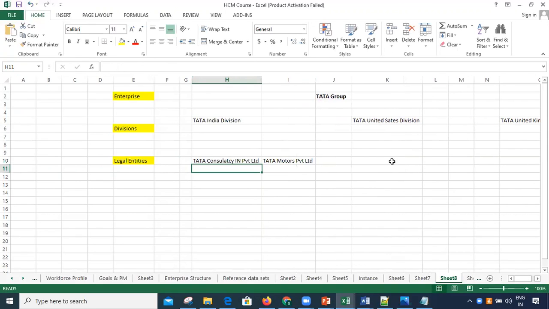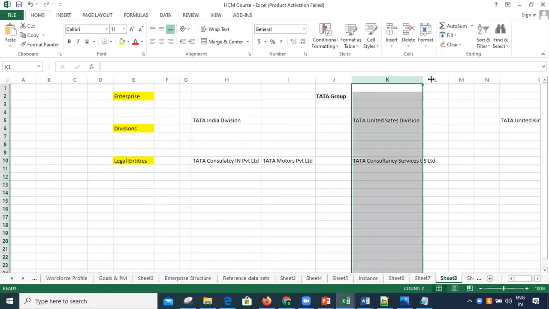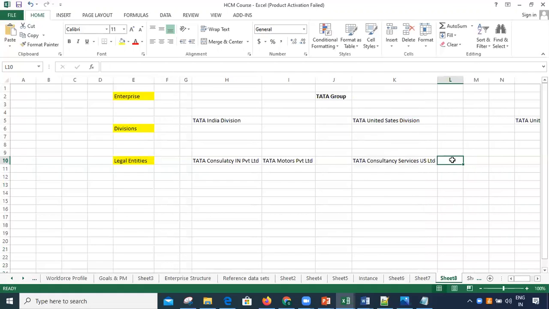And in the United States, Tata again has Tata Consultancy Services US Limited, which is one company operating in the United States. And there is one other company, something like Tata Manufacturing Limited.